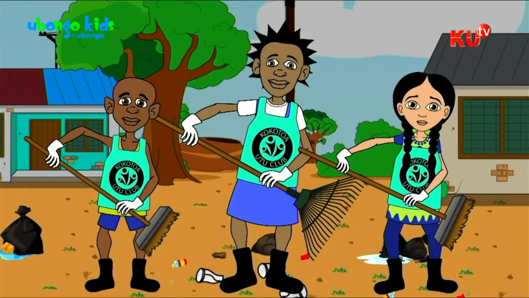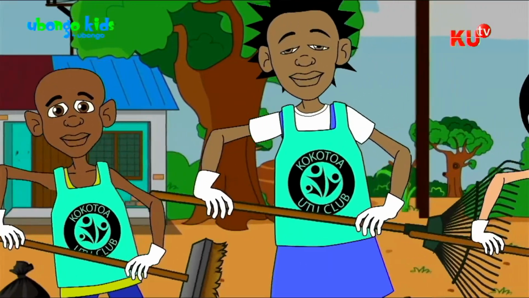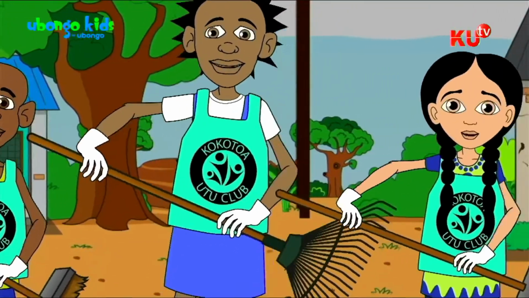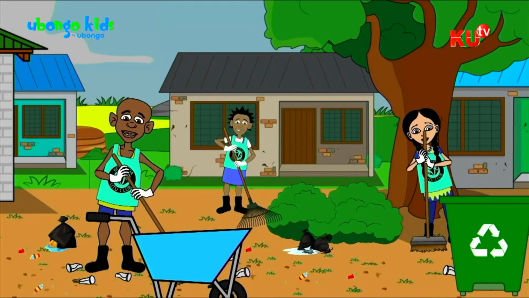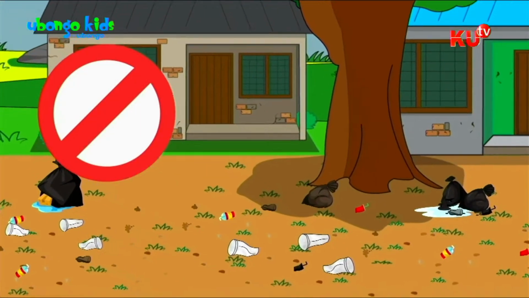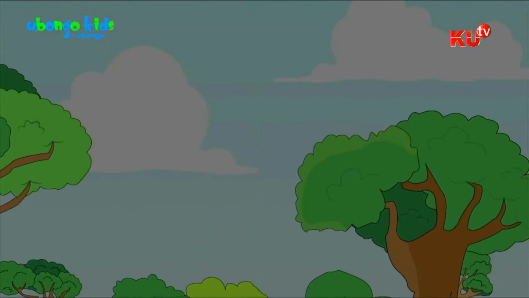No more pollution, no more pollution. Let's take care of our earth and be the solution. Cleaning up here and preserving what's there to protect our land, our water, our air. No more